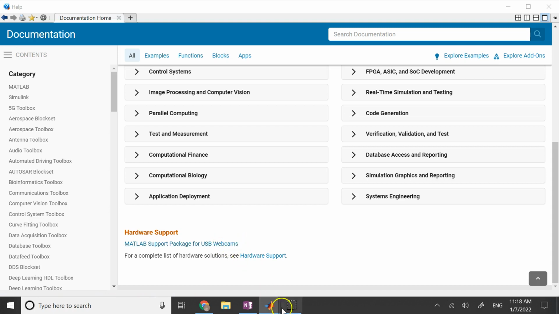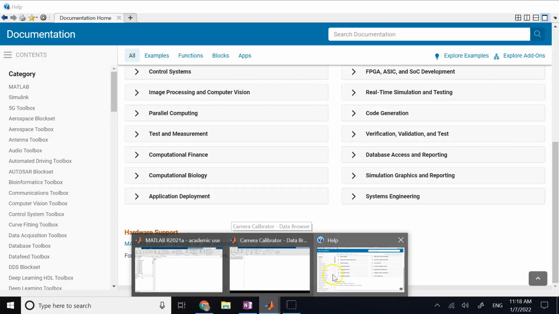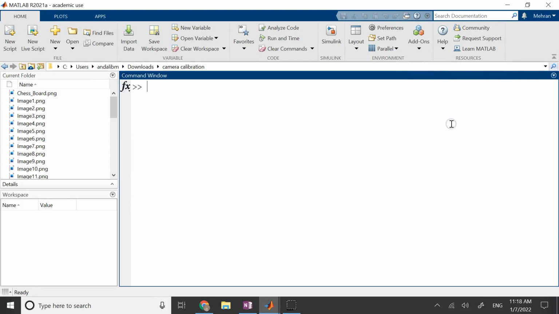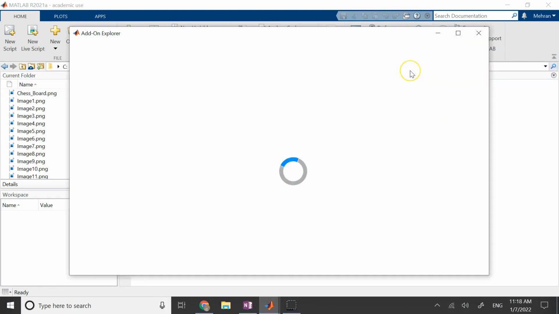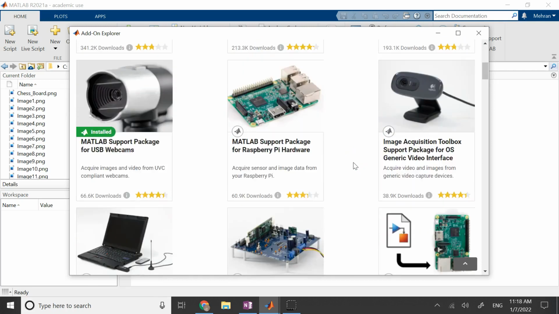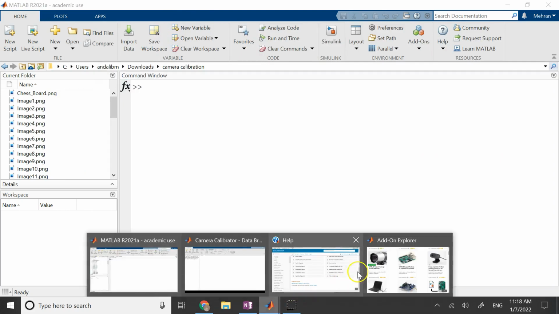If you don't have this, your USB webcam, even if you connect it to the USB port, is not going to work. So go to Add-Ons, go to Get Hardware Support Packages, search for USB webcams, and then if you have a MathWorks username and password, you should be allowed to install it. Once you install it, MATLAB easily recognizes your USB webcam and allows you to capture all of the